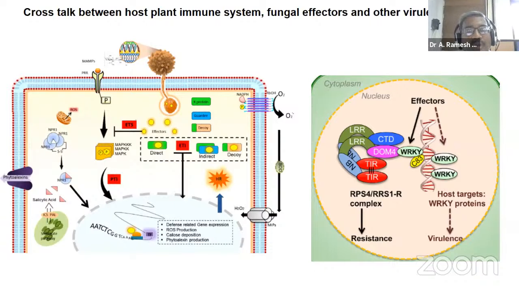Parallelly, the host also, during the course of interaction, will have to put forth its defense very actively to address the pathogen ingress. So we can call them the receptors, the membrane-bound receptors, which are nothing but the cognate receptors, which are interacting at the protein-protein level with the effector proteins, molecules from the pathogen side. And of course, these interactions decide the outcome, maybe a resistant interaction or an incompatible interaction, or a compatible interaction or susceptible interaction.